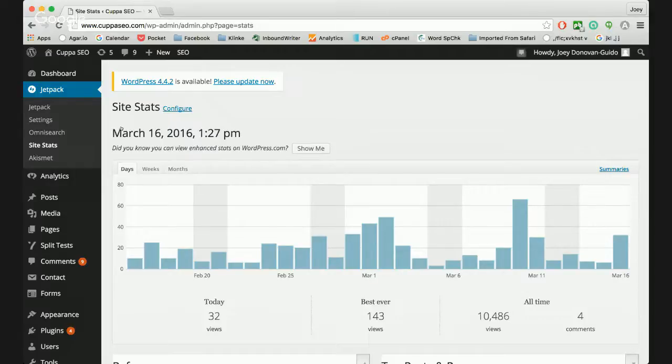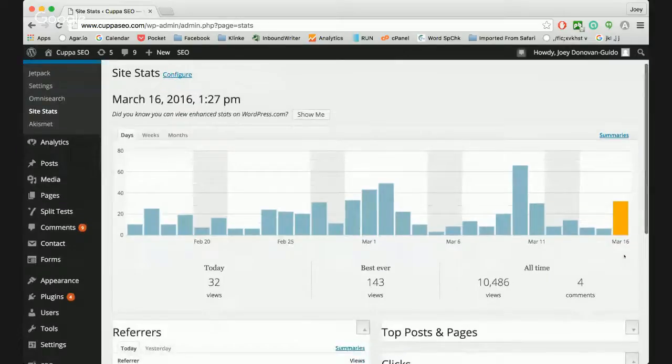Okay. So this is my site stats. It's got a few weeks here. You guys can see here in a graph form. We can look at this by day, by week, by month. Okay? And what this does, let's just look at today as an example. Here's the bar for March 16th. If I scroll down,